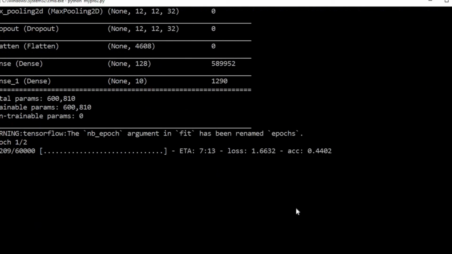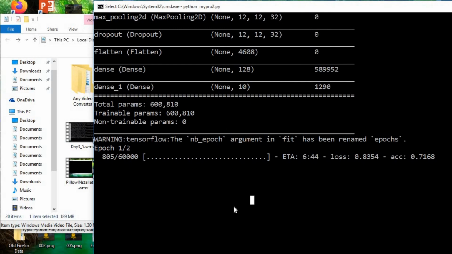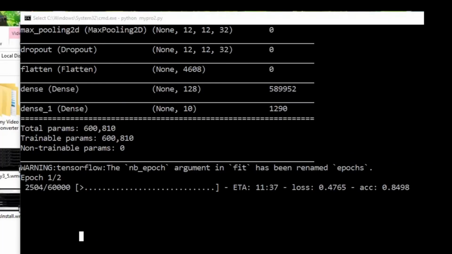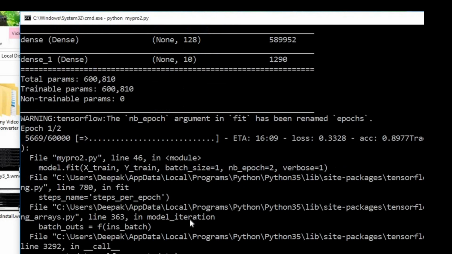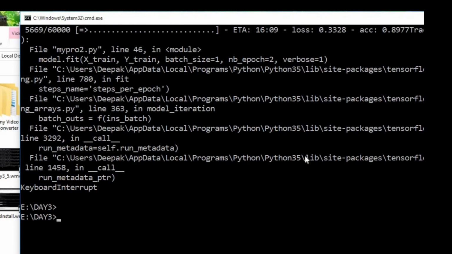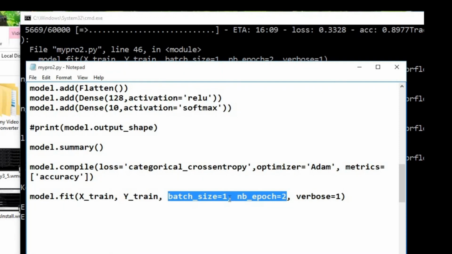Batch size again, let us check for a smaller value. Okay. Yes, training started for 60,000 images. The first epoch out of the two is running. Here you can see how the training is working. You can see the estimated time for training for each epoch, then the loss. Here you can see accuracy, which lies between 0 and 1. So this is how it works.